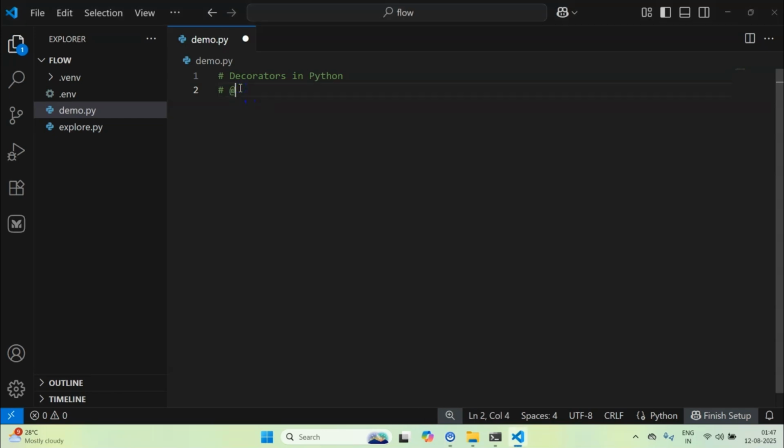So you have probably used something like static method, property, or class method, or even app.route. You type it, it works, and you move on, right? But have you ever stopped and asked what this @ symbol is actually doing to the function? It's not magic, it's just Python doing something very, very sneaky under the hood.